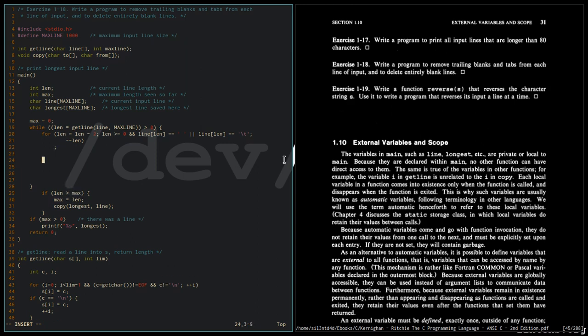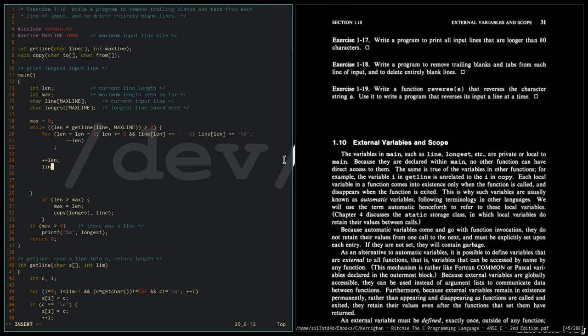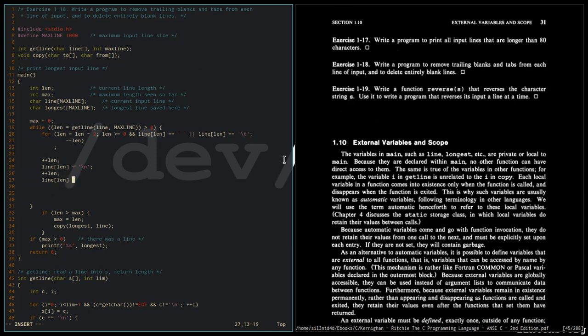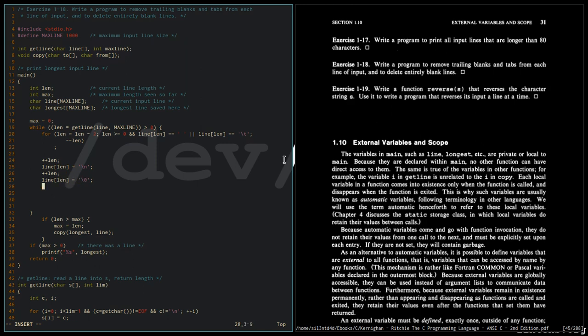Okay, so now that we have the length which does not contain the trailing blanks or tabs, we're going to insert again the new line and the null character at the end. So let's increment the length, and then line at len is equal to new line. Then let's insert again the null character. Okay, now that we have inserted the new line and the null character,